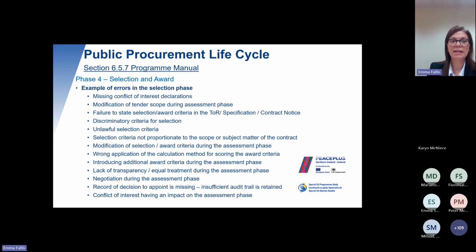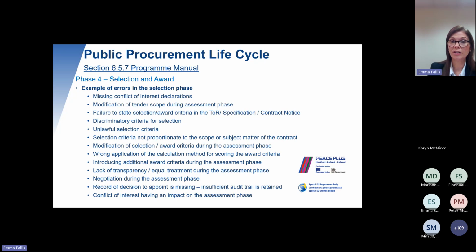The final stage then in the project procurement life cycle is the selection and award. And the types of errors then that relate to this are missing conflict of interest declarations, modification of tender scope during the assessment phase, failure to state the selection award criteria in the terms of reference, discriminatory criteria on selection, unlawful selection criteria, selection criteria not being proportionate to the scope or the subject matter of the contract, modification of